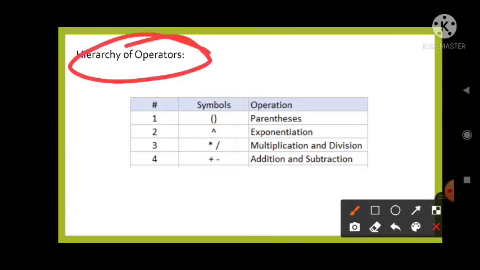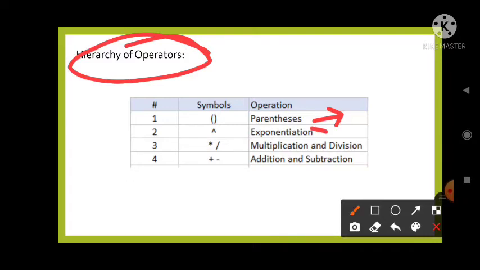So you need to understand these rules for getting the correct results. Okay, so here in hierarchy of operators, precedence means order. Okay, how the operators will be executed. So here you can see that the first symbol is parenthesis, since within the brackets are always performed first.